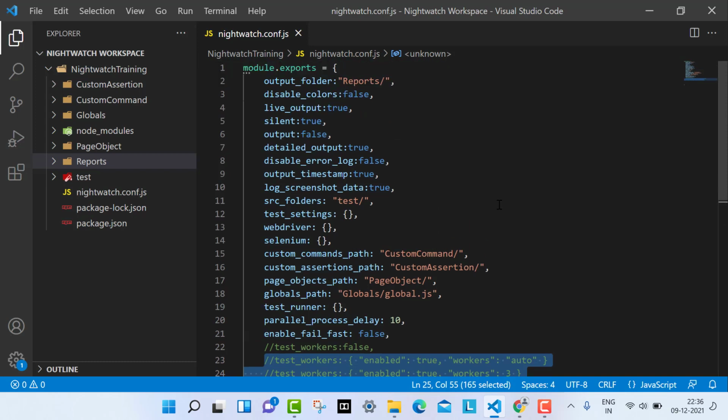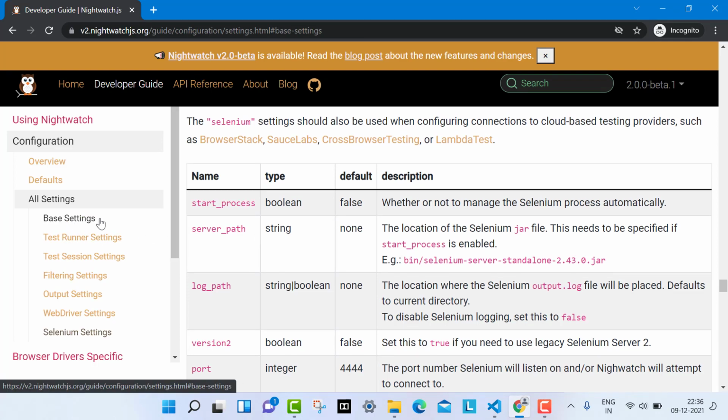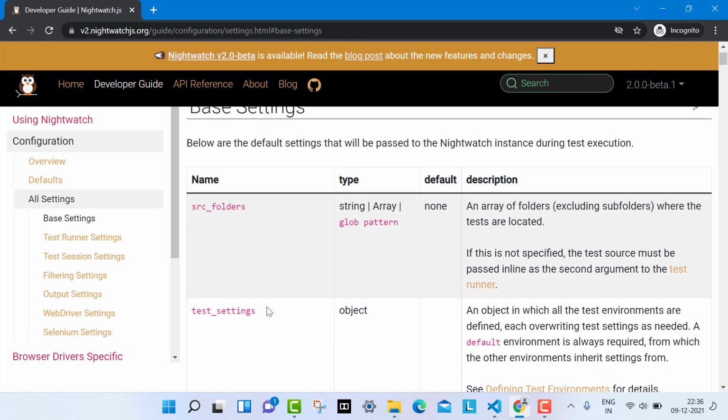This is a very useful setting. Tomorrow we will see how we can do the test settings, which I have seen in the base settings.